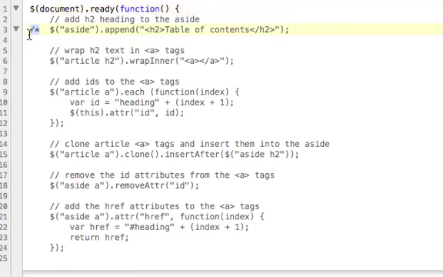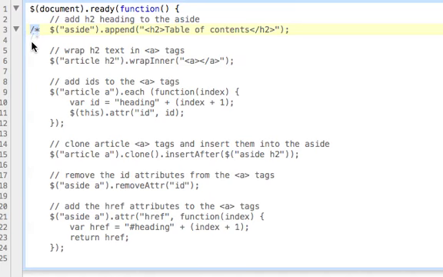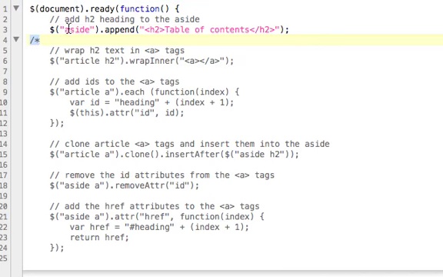Let's move this comment down one line, and we can now execute the first one, which says we're going to add an H2 heading in the aside element. So you name the element aside, add append, and we're going to put this string right in the aside. And of course it's not just a string, this is actually a child, H2, and table of content will be the content. So we save this,